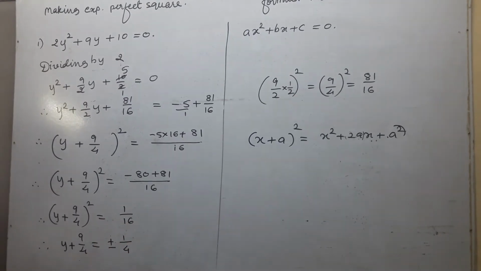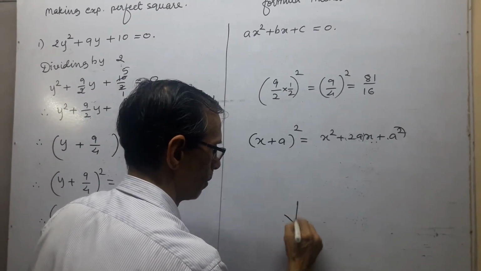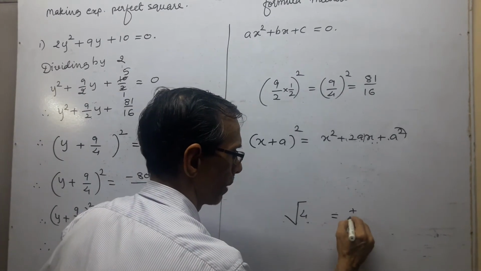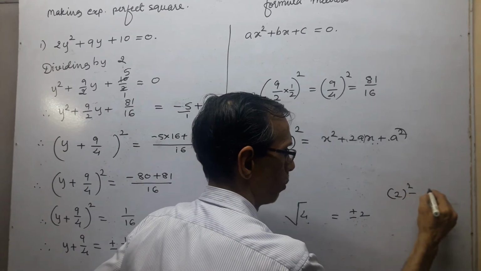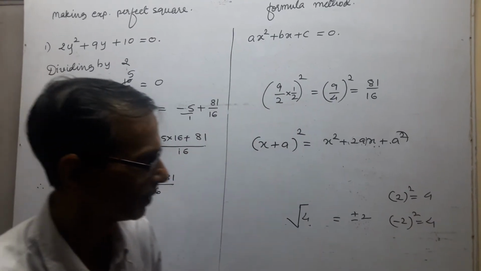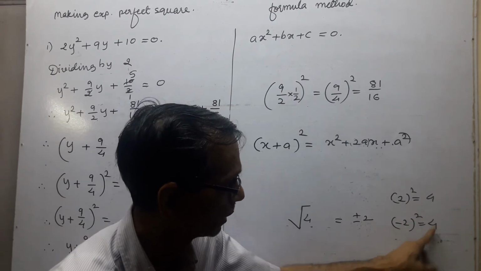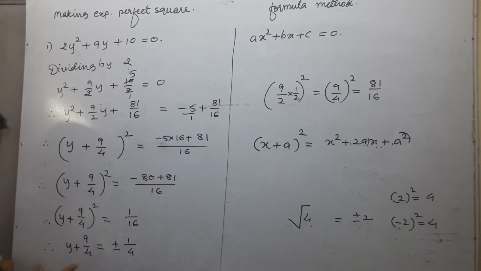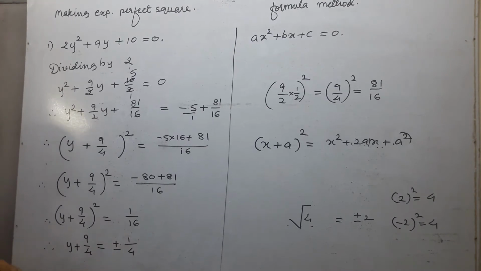Now write plus or minus. Why plus or minus? Because if we take the root of 4, then the root of 4 will be plus or minus. Why? Because the square of 2 is 4 and the square of minus 2 is also 4. Take note. So if we take the root of 4, it can be plus or minus. And that's why, when we take the root of any bracket or any number, on the other side you write plus or minus. And therefore